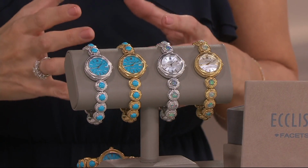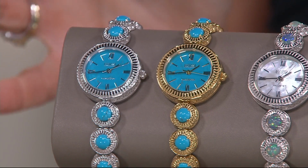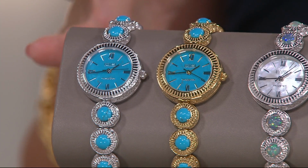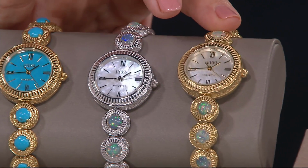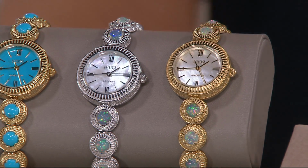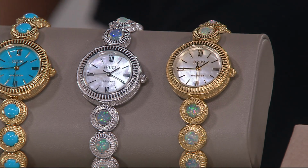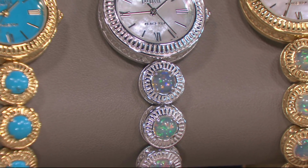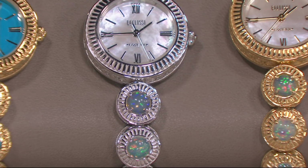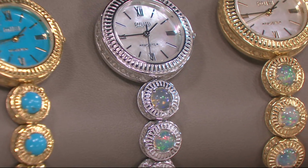Your first choice is going to be gemstone. What are you falling in love with first? Do you love the turquoise? And there's a very special kind of turquoise here that I'll reference when we go through the tour. Or are you a lover of the opal? And I know so many of you are. It is, quote unquote, one of the hottest gemstones in jewelry right now, right? I think for its personality and its ability to play with light so much, I don't even have to move this in order for you to really see the light play. But when I do, look what happens. And inside of the opal is